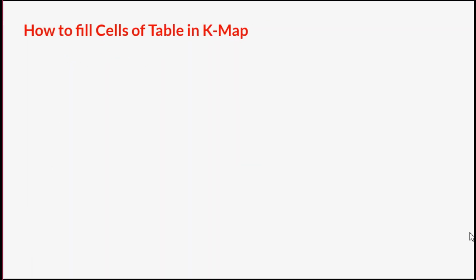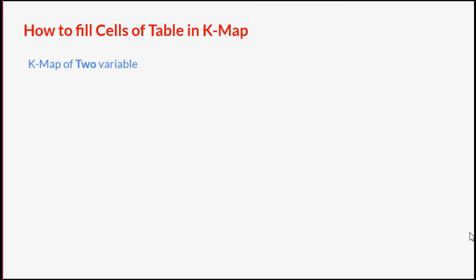So how to fill the cells of the table in K-map. We have seen how we are going to construct a table, how many rows and how many columns are going to be in my table. Now we need to look at how we are going to fill the particular entries inside that table. Let's start with the K-map with two variables. My equation can have 2 variables, 3 variables, 4 variables and so on. My equation cannot have a single variable. If the variable is single, there is no need to simplify that expression. So I am going to start with the K-map of 2 variables.